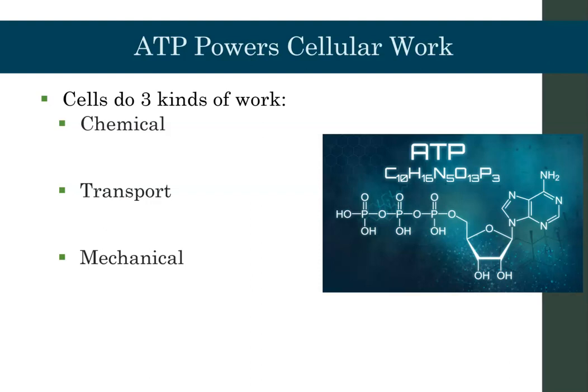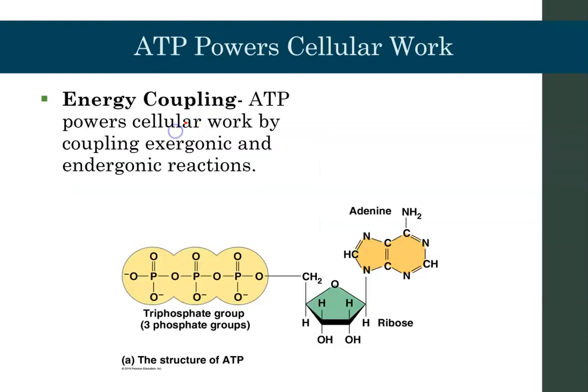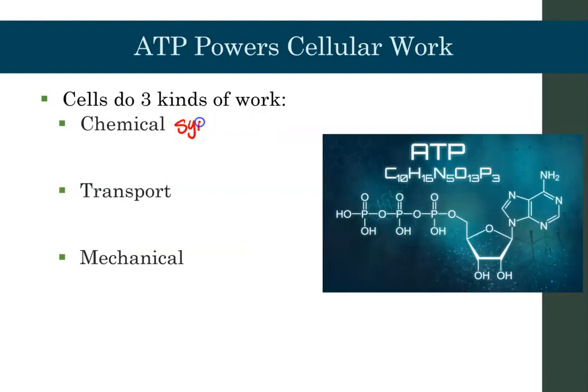And ATP is the energy source that powers cellular work. So our cells do three different kinds of work. They do chemical work, in which they synthesize polymers from monomers. So we saw that in chapter 3, where we learned about our 4 different biological molecules and how we put them together. Cells can also do transport work, such as pumping substances across a membrane